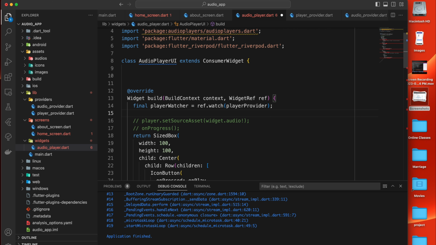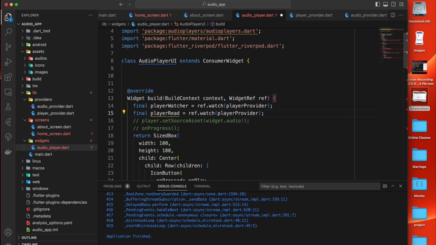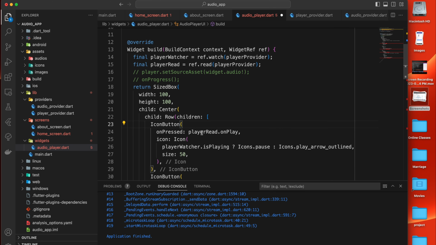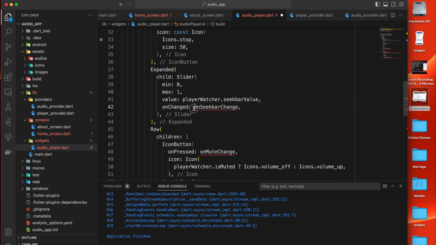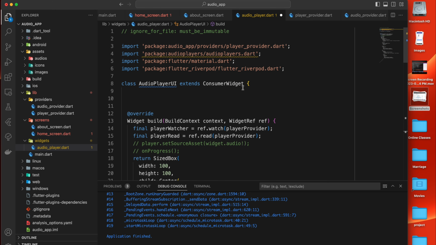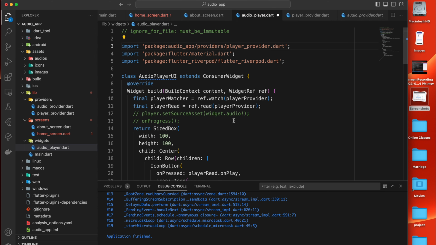And another thing, we can use final player read, and this time we can use the provider as a read process. So when I use this read process, we can change our functions through this process. Okay, so this time just simply use everything for this section, and after that we need to set up